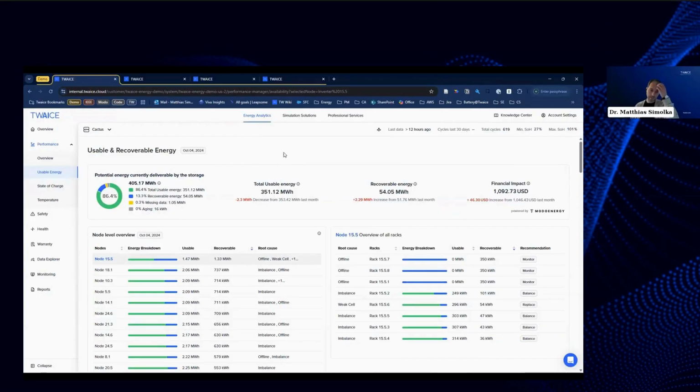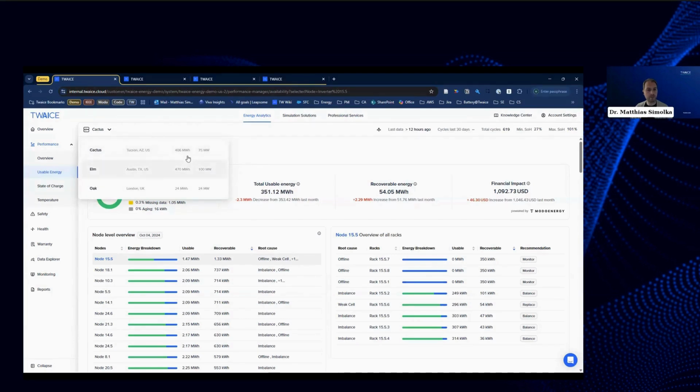Yeah, so that's kind of where you start off. You have the usable and recoverable energy. And now you imagine you're an asset owner. And in this example, you have three storages, two larger ones, one smaller one. We're focusing on Cactus here,